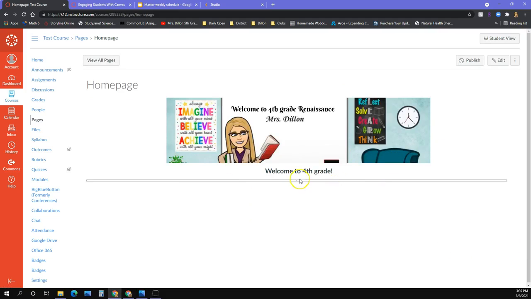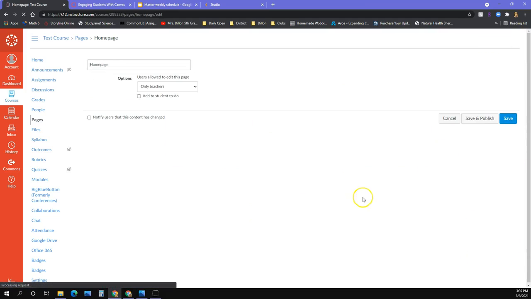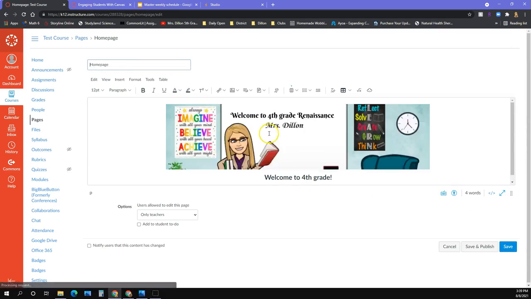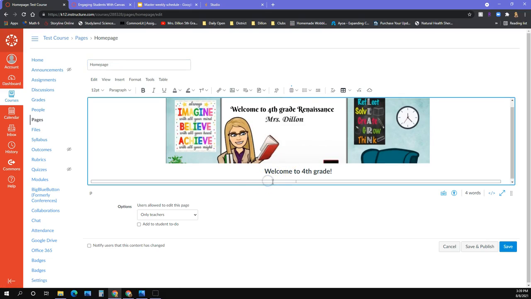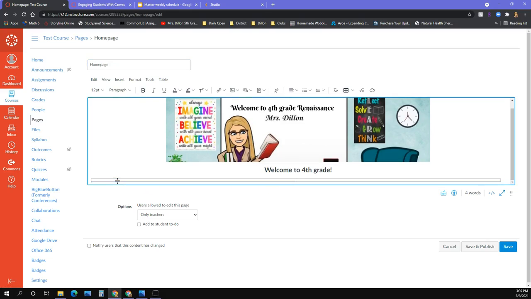And I think I like the way it looks so far. I'm going to go back to edit, and I'm just going to include those links. I'm going to show you how to include the links and also how to embed, if you would like to do what I did with my